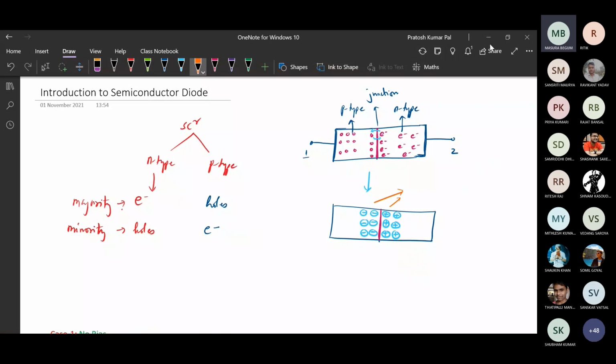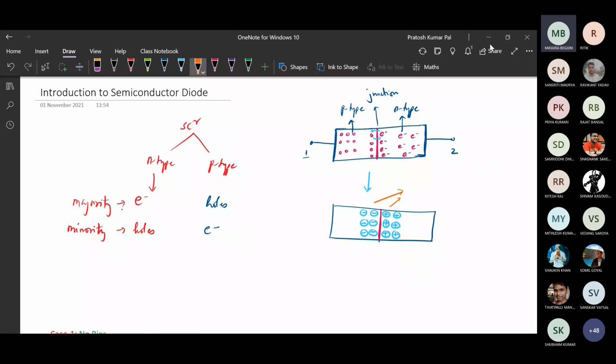Only the charge carriers, that is holes and electrons near the junction, will be combining and leaving behind the immobile charge carriers, that is negatively charged or positively charged ones. The negative charge will be on the p side, because the holes are positive charge, and once they move they leave behind the negative charge. Similarly, the opposite is the case with the n-type immobile charge carriers.